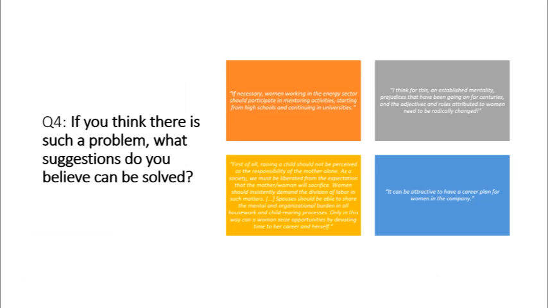My fourth question is, I asked for their suggestions. I can summarize in two parts. One is the business part. They suggested mentoring or creating a career path for female engineers in the company. The other part is more complex. They demand liberation from being a female, a mother or a wife. They said we need social change.